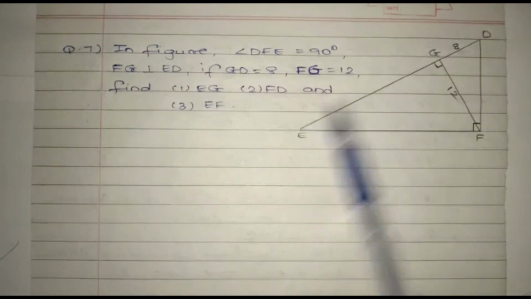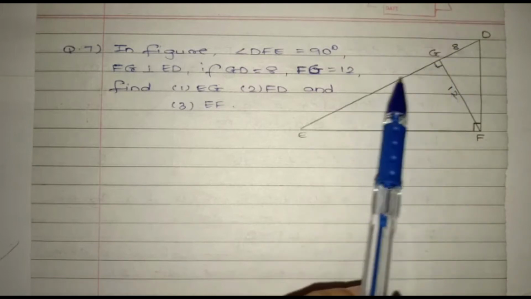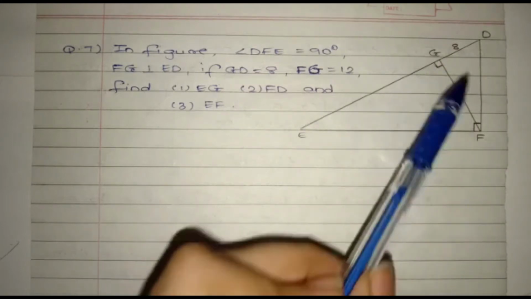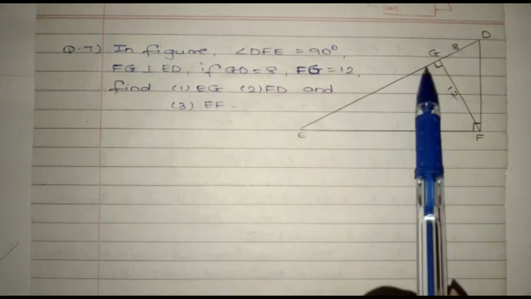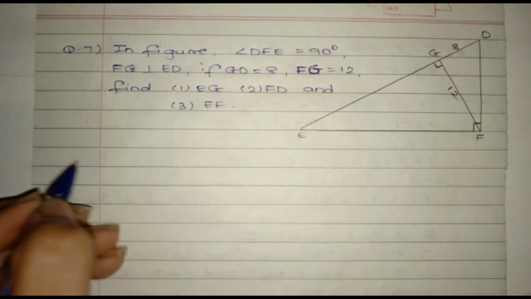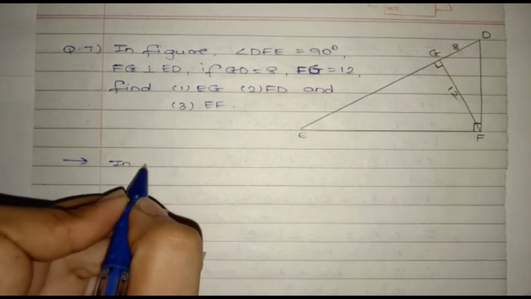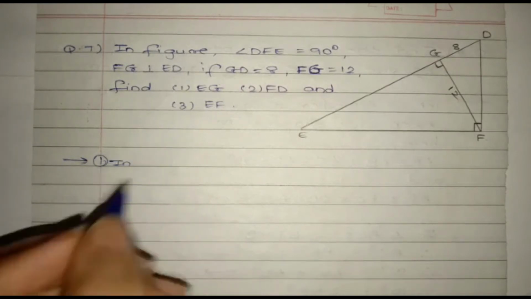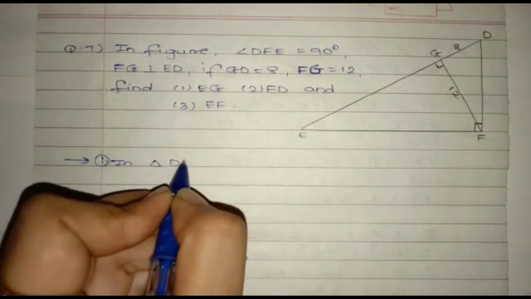Now here to find out EG, we can see FG and GD are given. So we can use the theorem of geometric mean to find out EG, that is FG square is equal to GD into EG. Okay, first we can find out EG by the theorem of geometric mean. So let us write, I'll write here first question because we are solving sub questions. Okay, in triangle DFE,